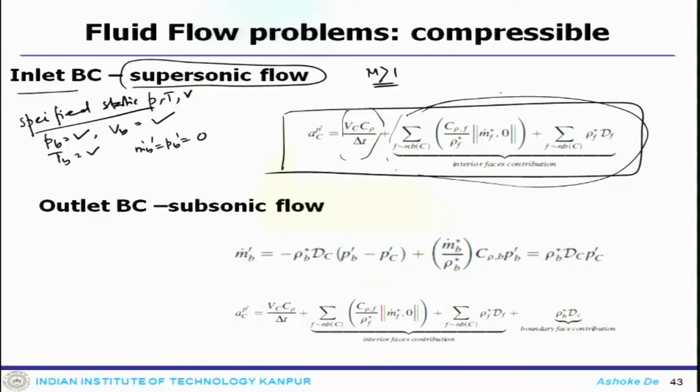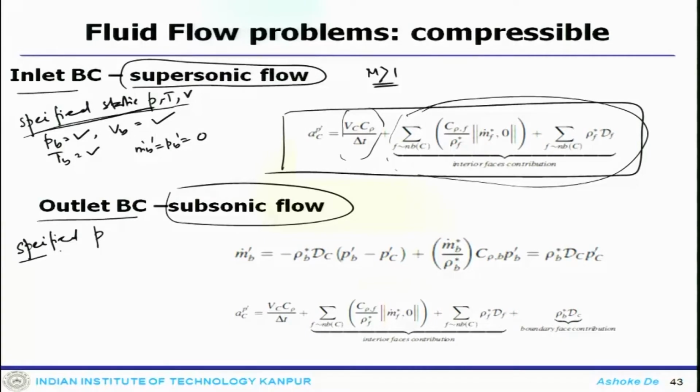So, one can note here your inlet conditions in compressible cases could be of two different types. One could be subsonic, one could be supersonic. Now, when you have a supersonic, you do not have too much of variation, you can specify them as a Dirichlet condition. Similarly, you should have outlet boundary conditions, and the outlet boundary condition could also be subsonic flow, where again you can have specified pressure, which means Pb is specified, m dot b is not known, Vb is not known.